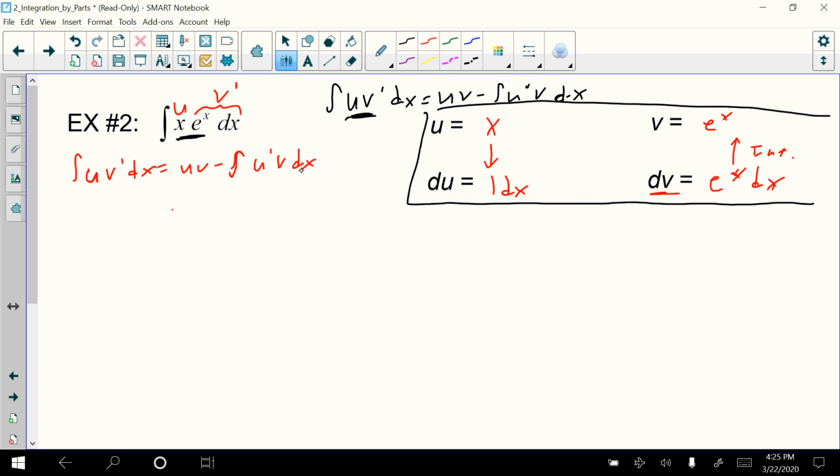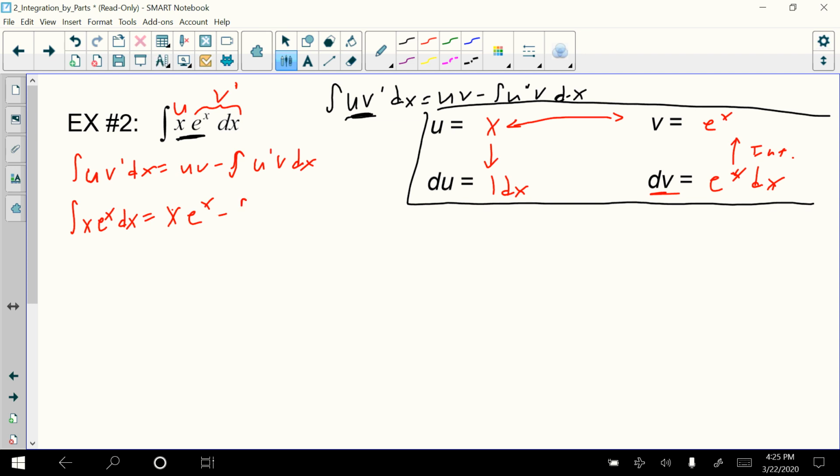So in this case, we have the integral of x e to the x power dx being equal to, the way that we set it, u times v. These two get multiplied together for that first bit, so that would just be x times e to the x power